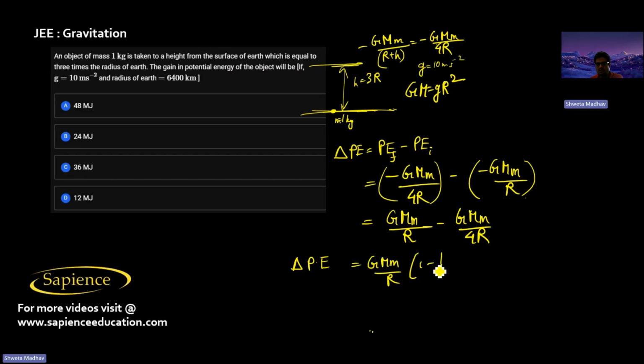This will be 1 minus 1 by 4, that is equal to 3 by 4. So this is 3 by 4 into g r square into m by r. So r will get cancelled. Therefore, gain in potential energy will be equal to